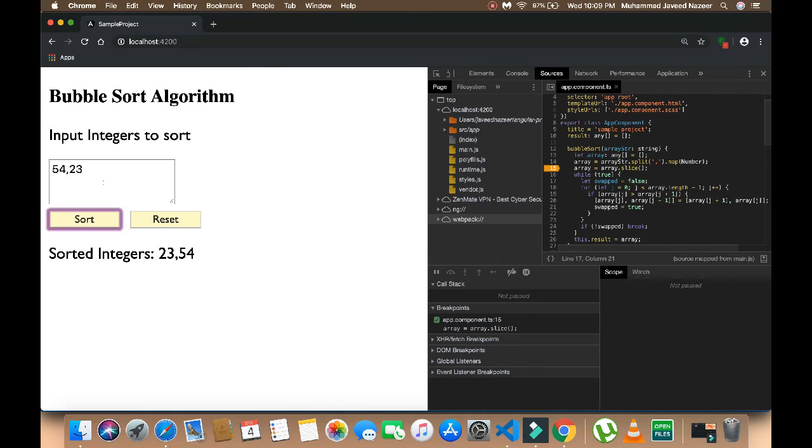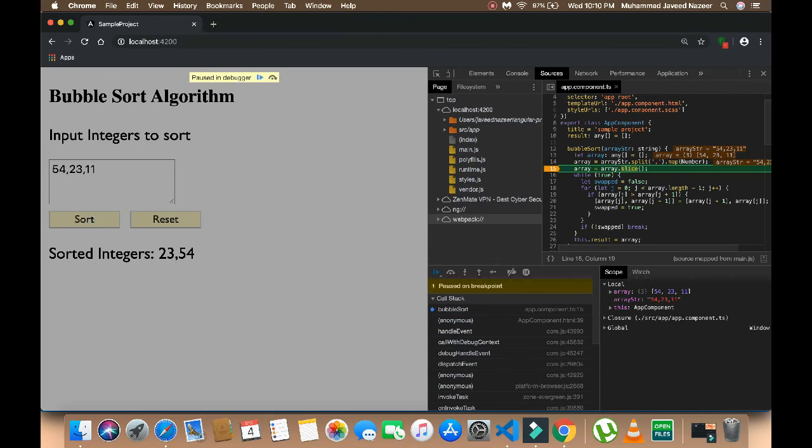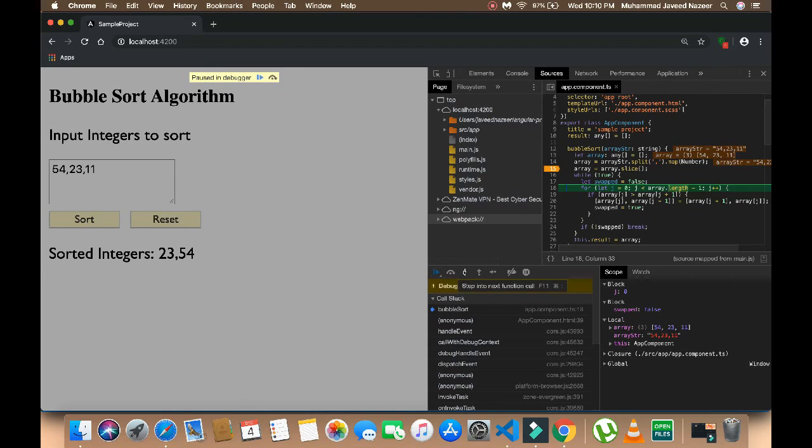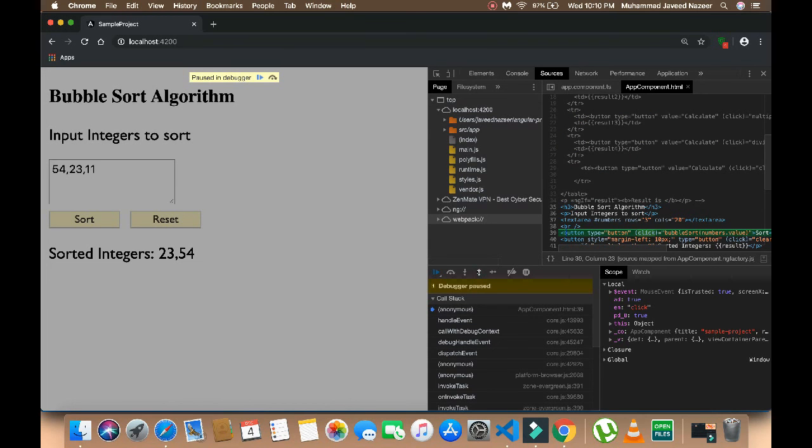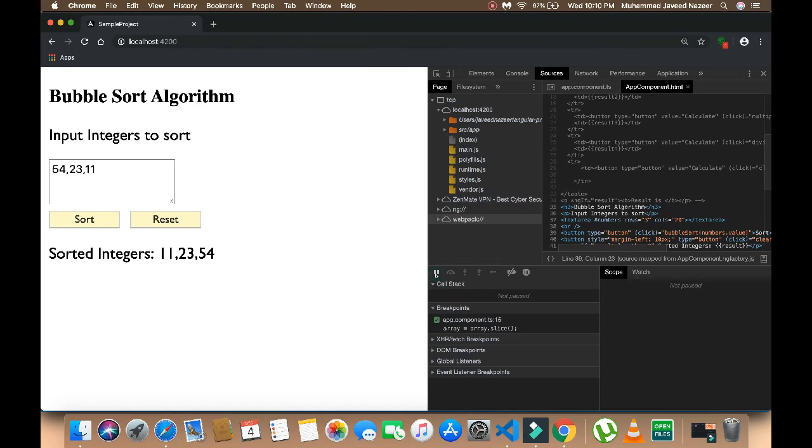Okay, fine. If you want to go through step by step, you press F10, and it will go. You can go here also with F10. If you want to step into the next function call, you can just move on it. We don't have a next function call here, so it is going inside. If you want to step out of the current function, then you can just step out. If you want to run completely, then you can close it.